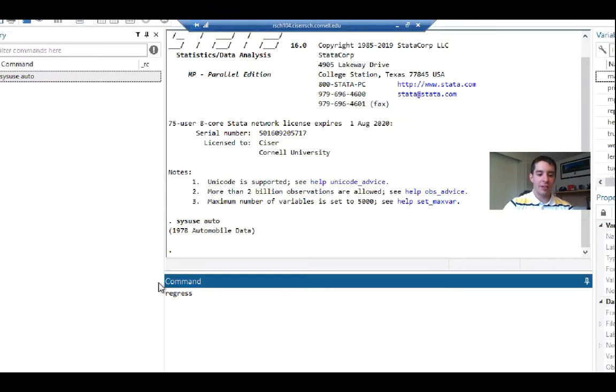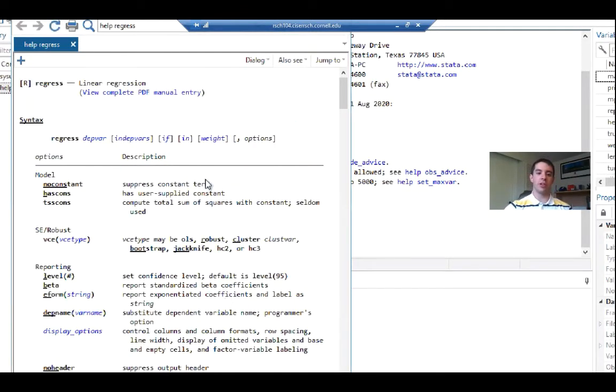And it's very nice. All you have to do is type help prior to the command name that you are interested in. In this case, I know the command regress will create a linear regression equation for me, but I don't know particularly what I need to type in. So I type help regress, I press enter, and this help window from Stata pops up. And it tells me there's a whole